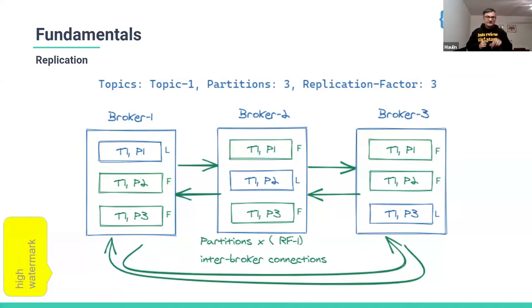The small yellow note that you see here, why high watermark on the left, is because I want to make sure that I come back to high watermark. The high watermark pointer is basically, as the producers are producing to the leader partition, the data keeps getting replicated to followers. And when the data gets replicated to all the followers in the ISR set, it is safe for Kafka to say that message is safe for consumers to consume.